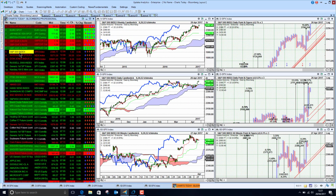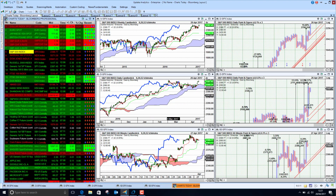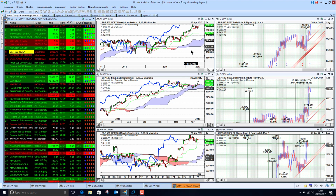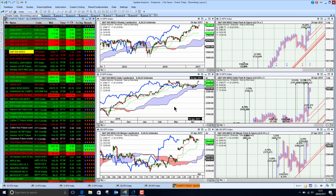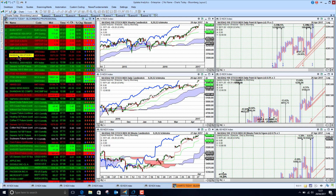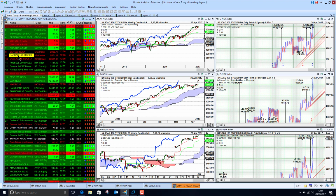Looking at the S&P 500, we see here that the markets really in the US just starting to move that little bit higher, struggling to break the 2400 level. We're just 12 points away from that, just struggling to break above there, but at the moment this is still a bullish chart on all three time frames, and the Nasdaq hit a record high at 6,000 on the composite index. We're at 5,500 on the 100 index,